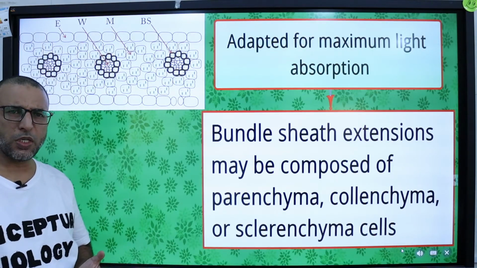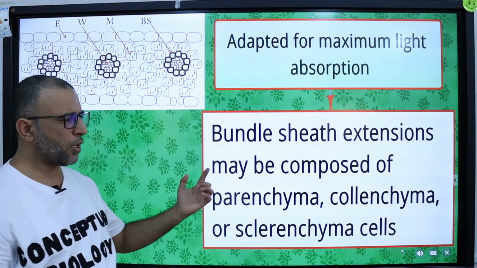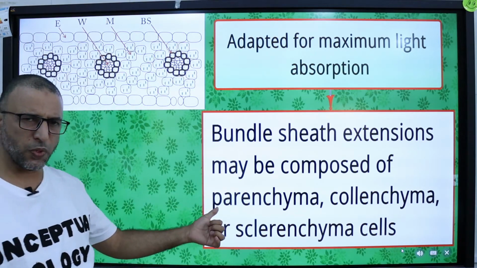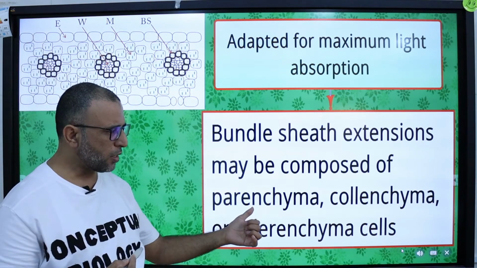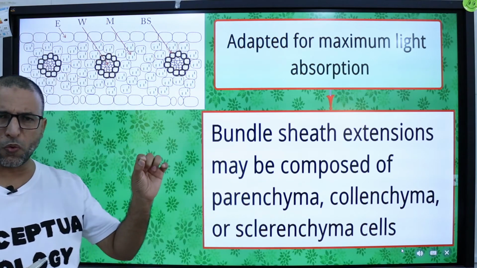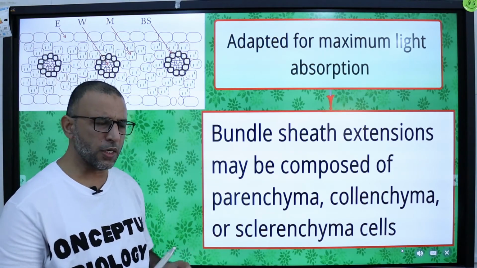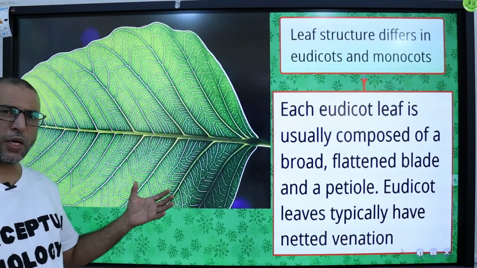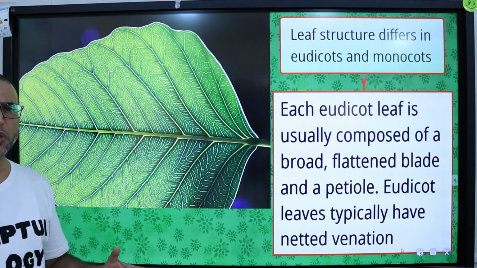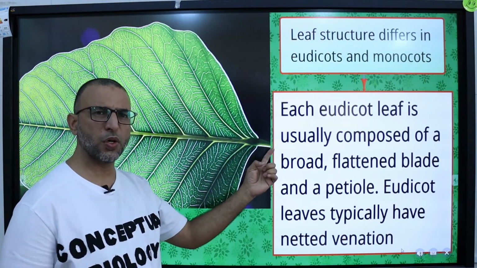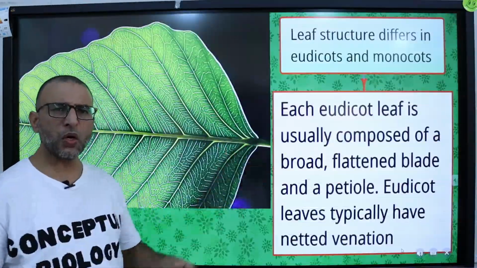Bundle sheath extensions are also composed of parenchyma, collenchyma and sclerenchyma cells. Parenchyma, as we know, are thin-walled living cells. Collenchyma are thick-walled living cells, and sclerenchyma cells are thick-walled dead cells. Each eudicot leaf is usually composed of a broad flattened blade with a stalk that is called petiole, and eudicot leaves